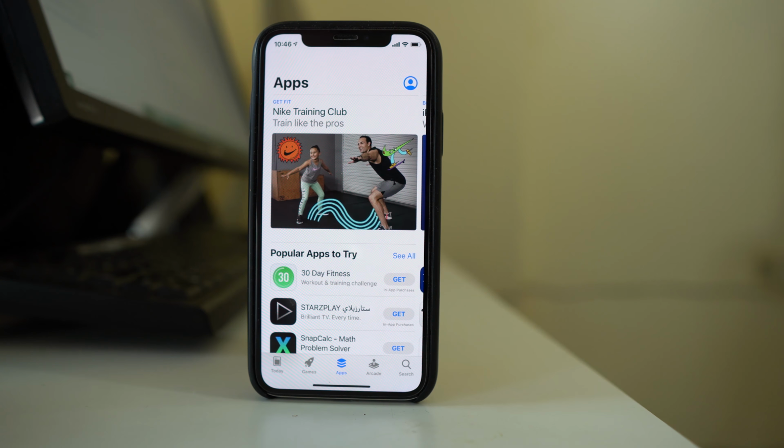Now the last thing you have to do is, suppose you are using a VPN app in order to connect to the internet, then try to disable the VPN and check if you can connect to the App Store. Especially if you are using a free VPN, then when you connect to the VPN, for the first few seconds or few minutes you will see that you are connected to the VPN, but after that, even though it shows that you are connected to the internet, there won't be internet in your iPhone or iPad. So try disconnecting from the VPN and check if this will fix the issue.